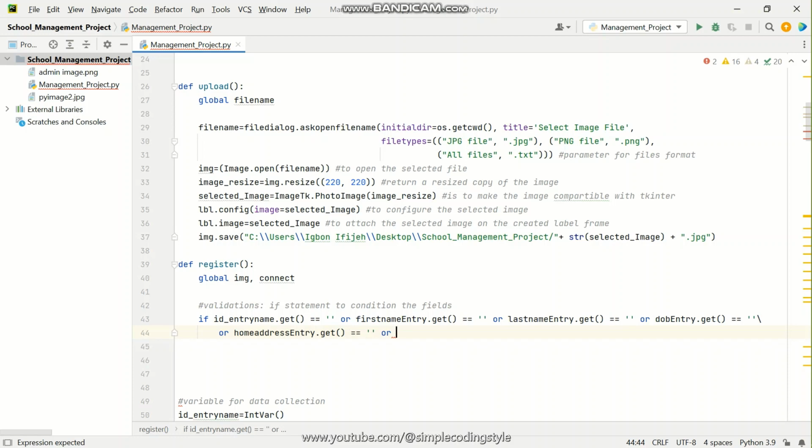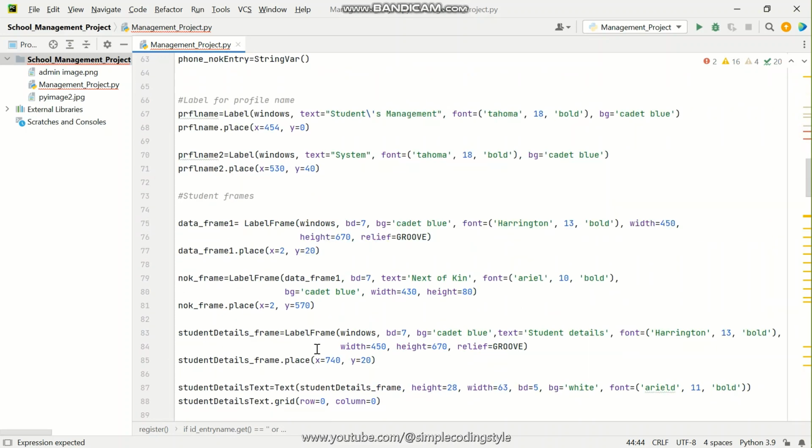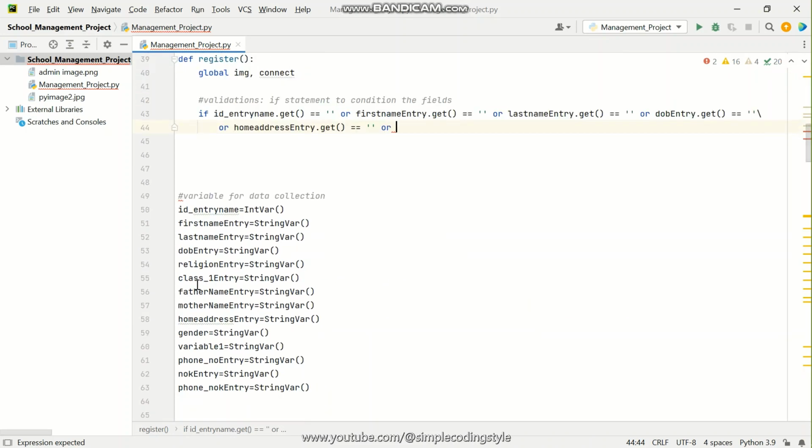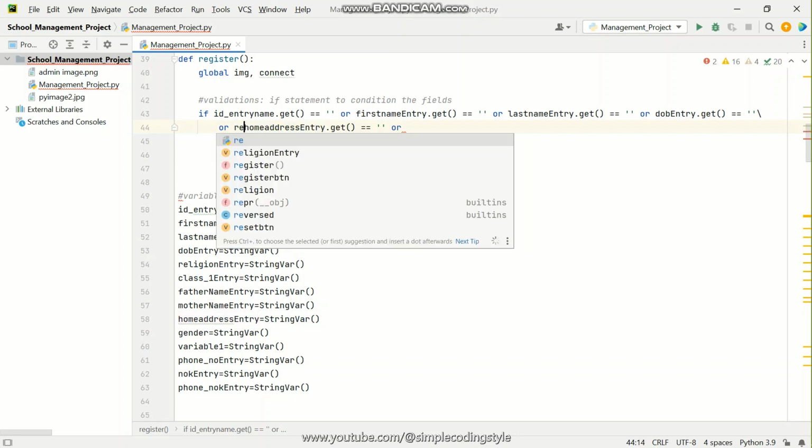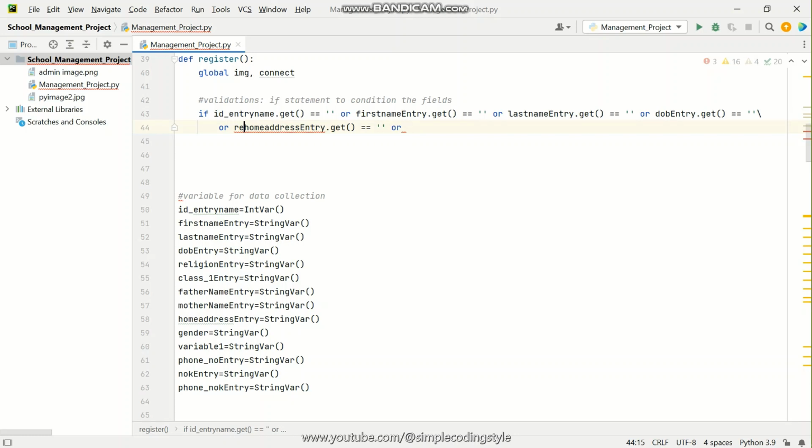I think just so I do not miss out on anything, so after my home address, let's look down here. We have our religion entry, we have our class entry. So before our home address entry we should have our religion entry dot get. Okay, so if this is equivalent to that, or